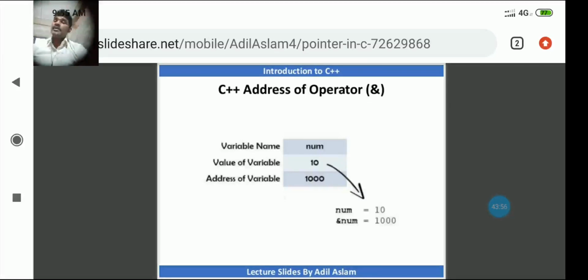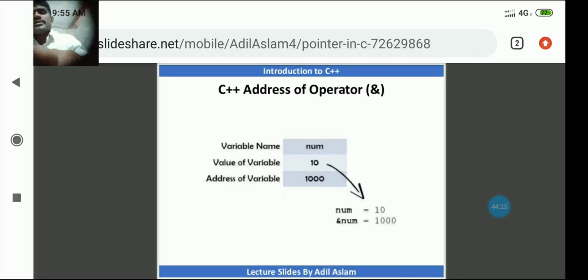Now num equal to 10. The value 10 is assigned to the num variable. Now ampersand num is equal to 1000. What is ampersand num? Simple. The address of the variable num.